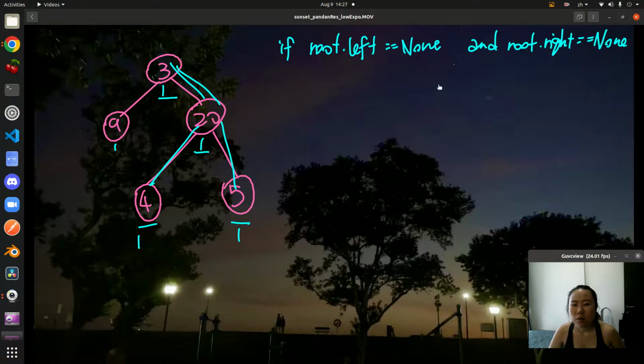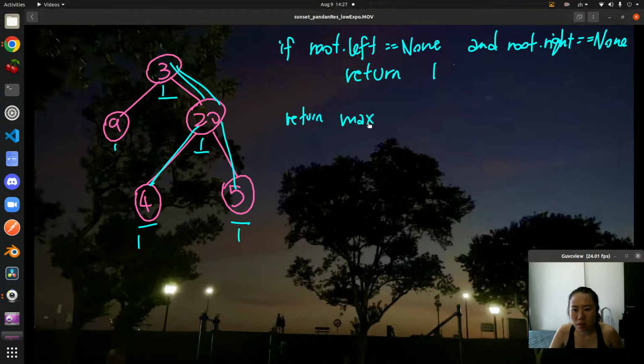Then what we want to do is basically return 1. However, if we are trying to return up, then what happens? We can just return